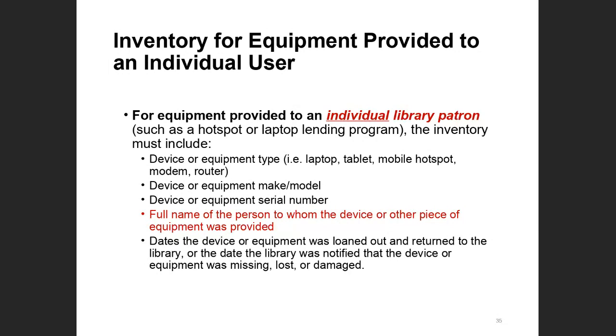This is where it gets trickier because our systems are not really set up to keep a record of who borrowed what. They turn it back in and then it goes off the record, because we like patron privacy. But the FCC was not persuaded by arguments that were made after the draft rules were released. So unfortunately, if you're going to get emergency connectivity funds, you're going to need to track the patrons that use the hotspot or the laptop. And that's again for individual lending. You were letting that particular patron have that particular device for a period of time, so you get to track that.